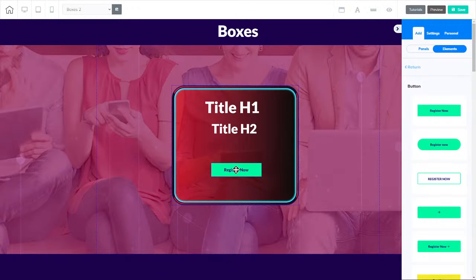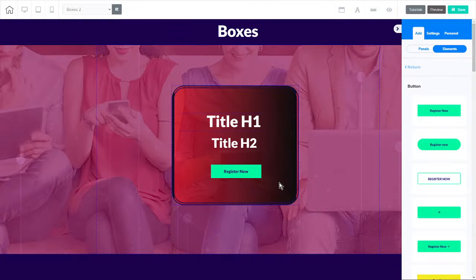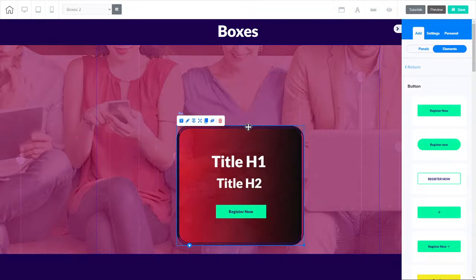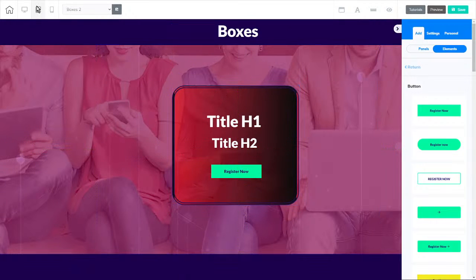So one of the cool functions with boxes is you can actually add these elements here and then design them how you want to. And then no matter what device they're viewed on, they're going to stay together. A lot of times, when you're converting between different size screens or different monitors or devices, these can get out of order. But if you want to make sure that no matter what device they're viewed on, they're together, a box is a great way to do that. And when you move this around, you see that it sticks together, right? So when you go to the mobile view,